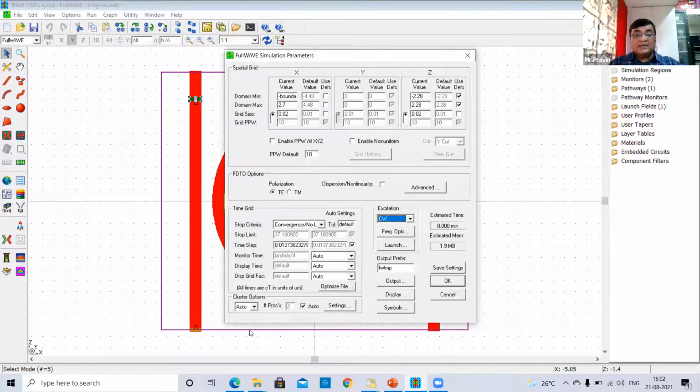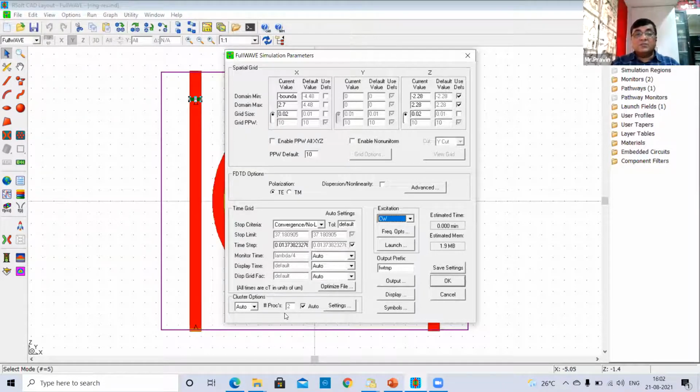The full wave FDTD can also use parallel computing. Since this requires a lot of computational resources, you can use the clustering option. In a LAN, you don't need any graphics card or anything.